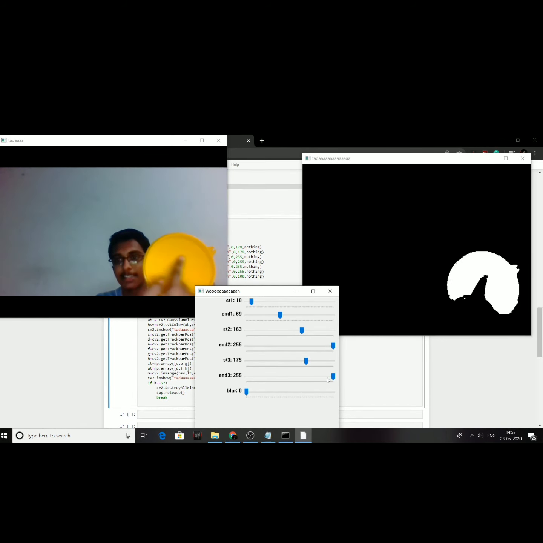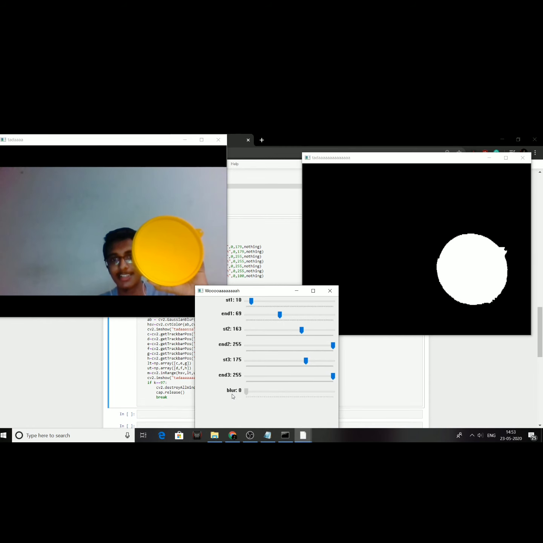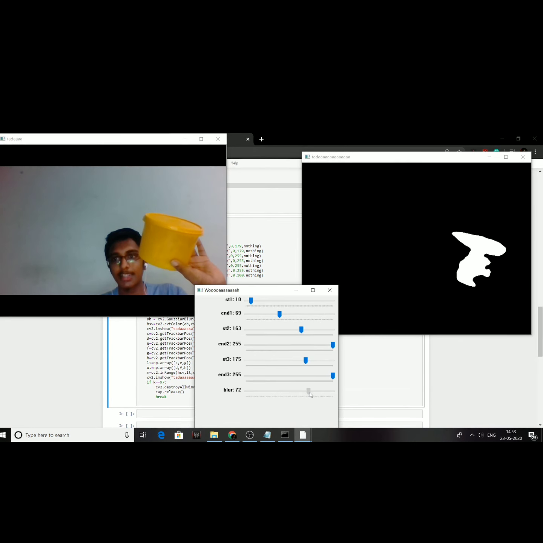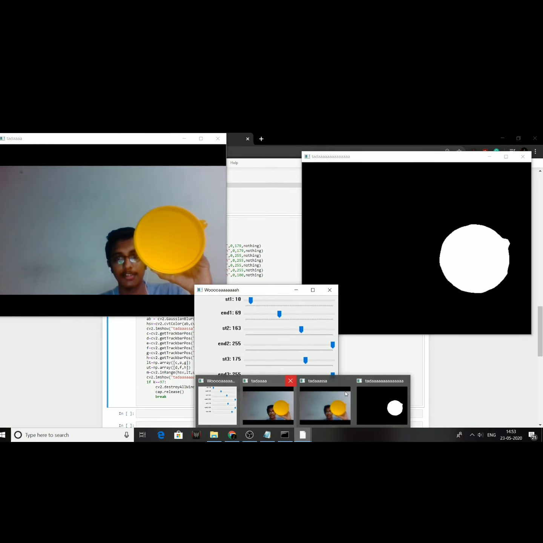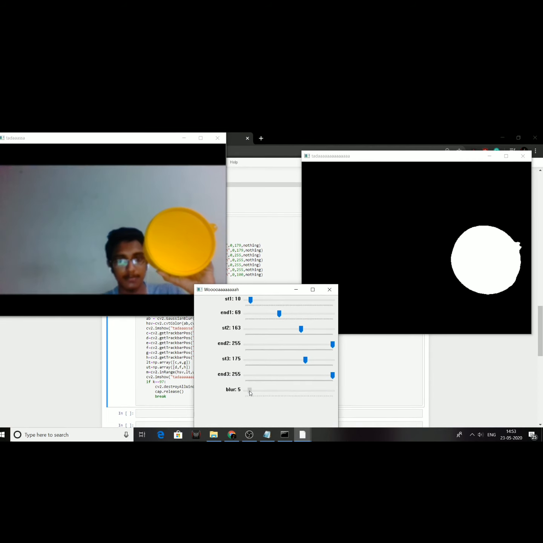but you can see the difference in the edges, right? The disturbance, the noise in the edges. So let's blur it. Yeah, look at this. This is where it has noise. When I'm blurring, see the difference. As I increase the blur, you can see the blurred image over here. That's how it avoids the noise.